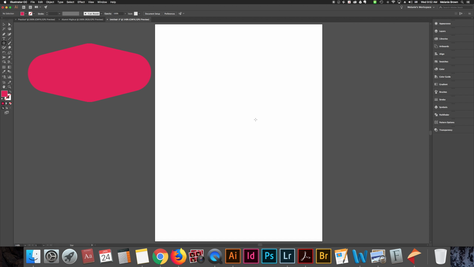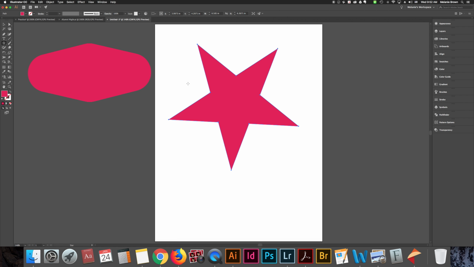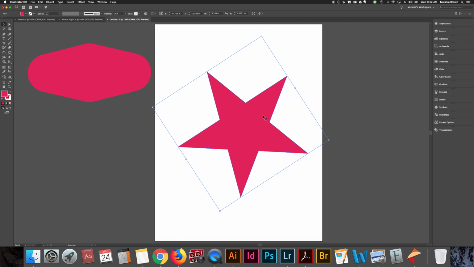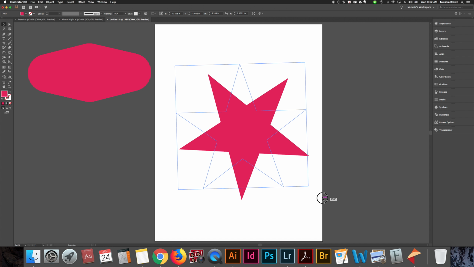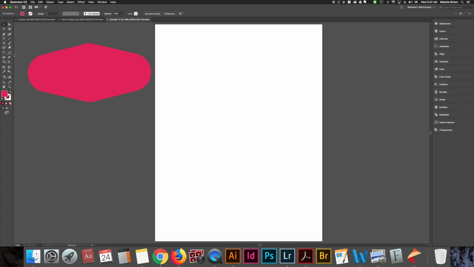Now this one can get a little crazy, so pay attention to the star. We're going to click and drag star, and already I am not on my default star. Let's go back to 5 points. Okay, your default star should look something like this. And I may need to actually go back and try to reset my star, but your default star should be a 5-point star. You should be able to hold Alt and determine the length of your points, okay? So if we hold Alt,